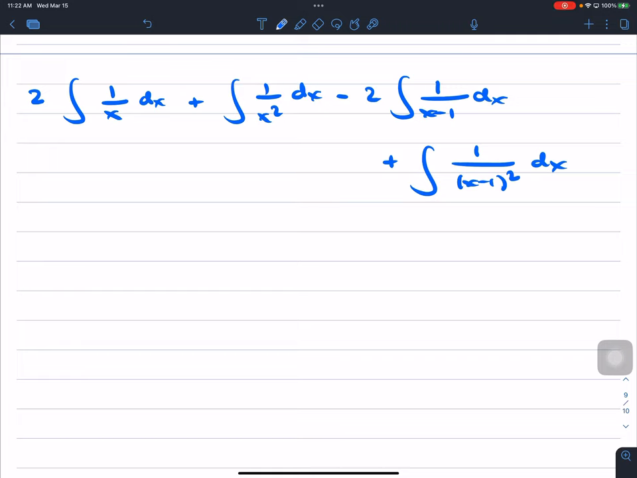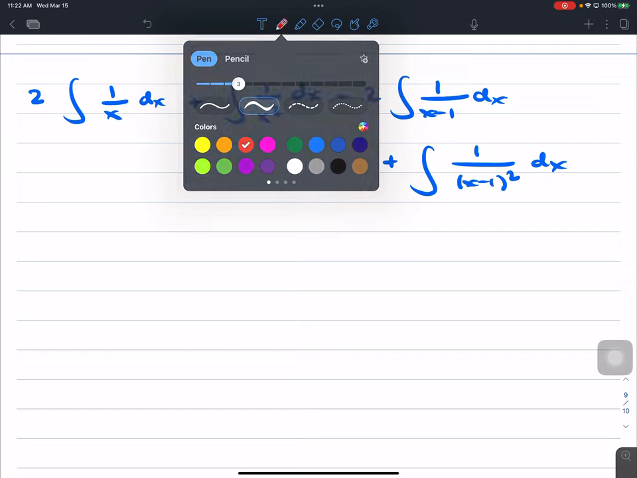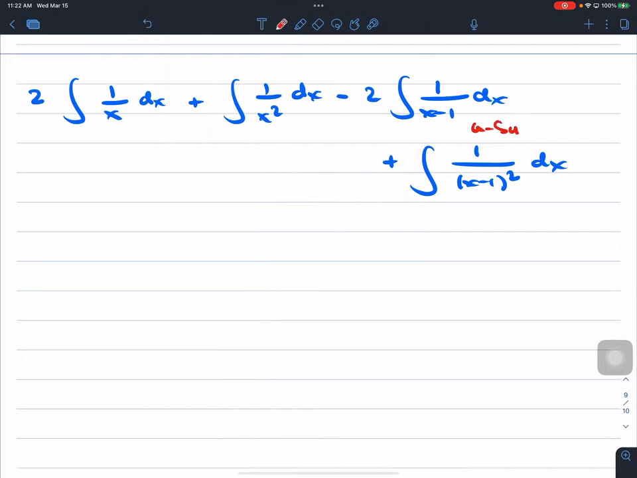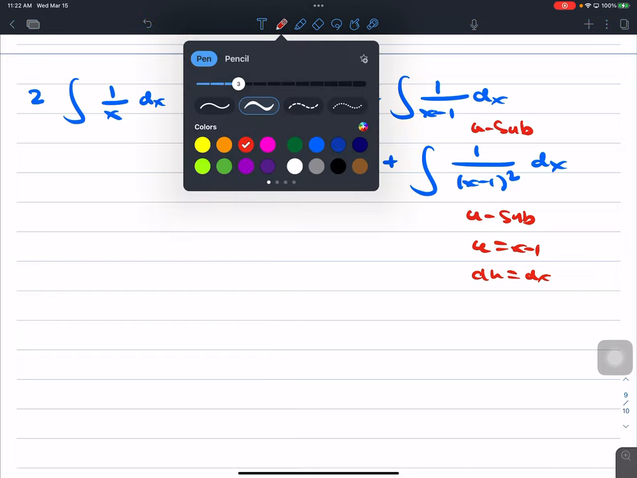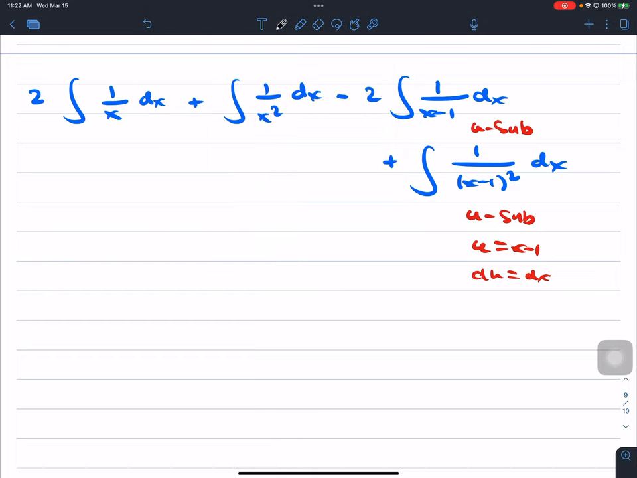These again, what I'm saying is you have to integrate. This is going to be what by what? By u sub, and this is by what? U sub, where u is x minus 1, du will be dx, okay? So here's what you guys will get as a final answer